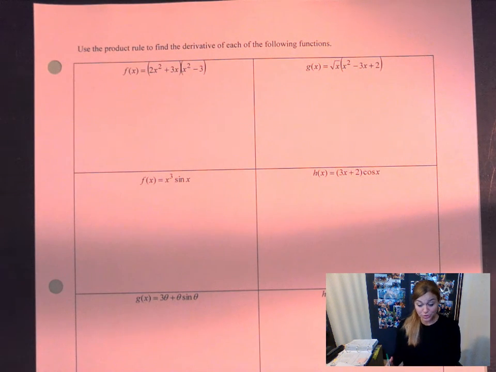So what you should do is as soon as you feel comfortable, just start on it. It says use the product rule to find the derivative of each of the following functions. You do not have to simplify in the end. So I would just say,